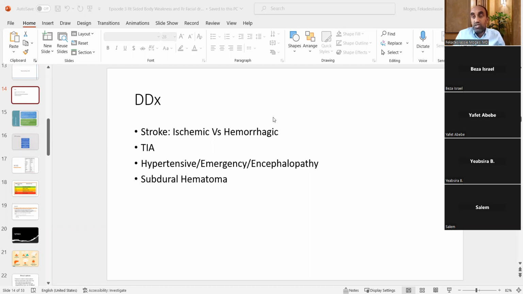Sounds good. Cranial nerve. Which cranial nerve is commonly affected and which ones do you want to check? Almost every cranial nerve has to be checked, right? Okay. So which ones are more relevant and which ones are the ones which we focus most of the time? Facial nerve. So what kind of facial nerve? I told you in the history, especially this is relevant for this patient because she was complaining of numbness and weakness, facial droop in the right side of the face. So